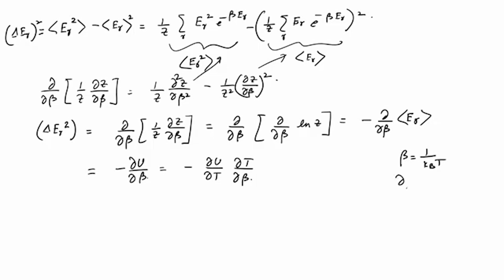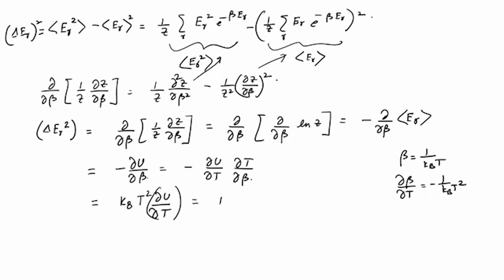So, del beta del T is equal to minus 1 over kT square. So, this can be inverted as just minus kT square, the minus sign goes away, and we get kT square del U del T,